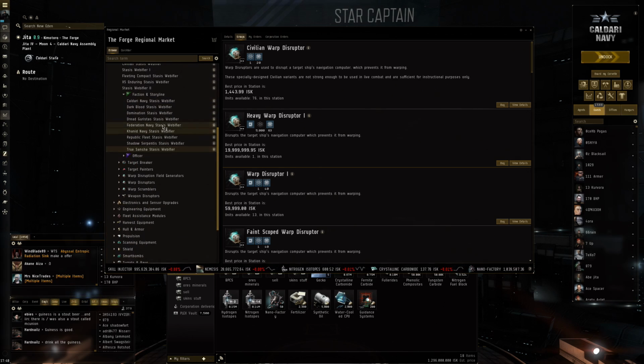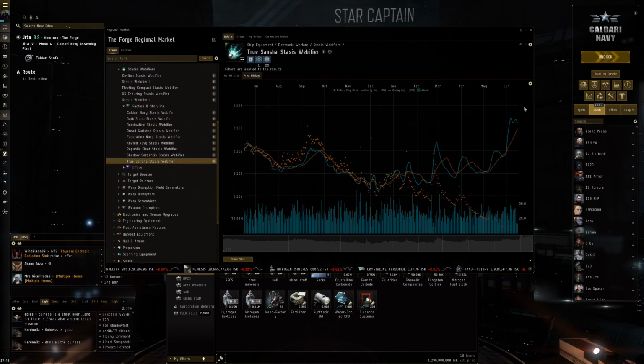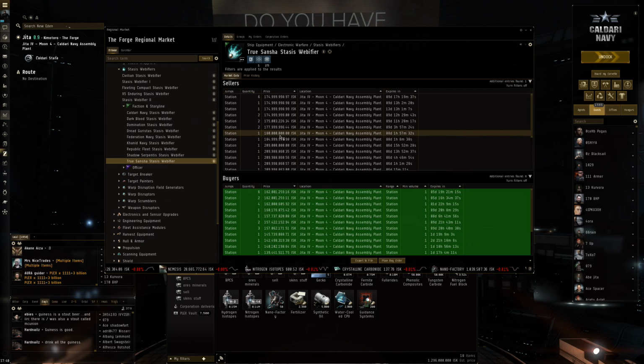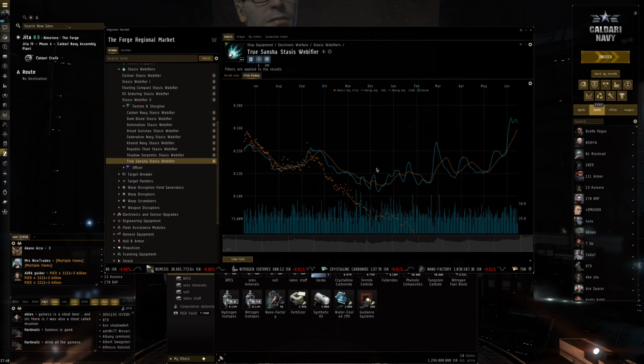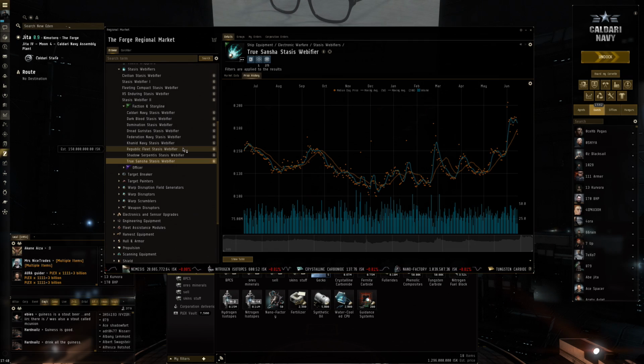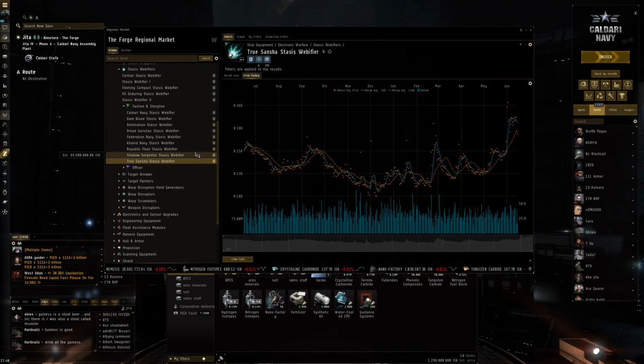It's the same thing in the Stasis Webifiers. Let's go take a look at these. True Sansha. Look at that increase in price. Normally 130 million, now 175 million. This is really where a lot of the ISK seems to be flowing. I think it's partly to take gambles on these items to create Abyssal variants that are even more powerful, but also I'm guessing with